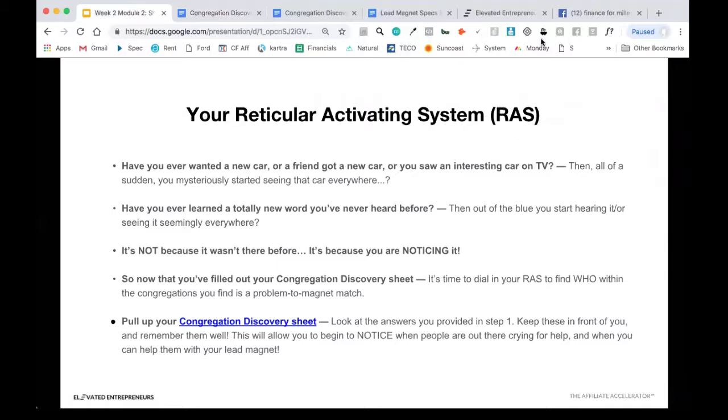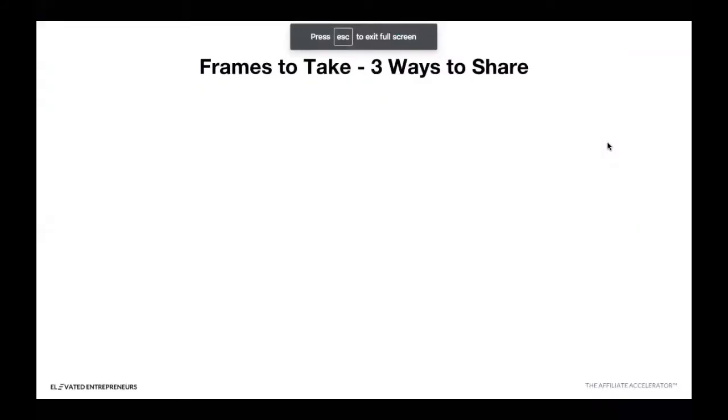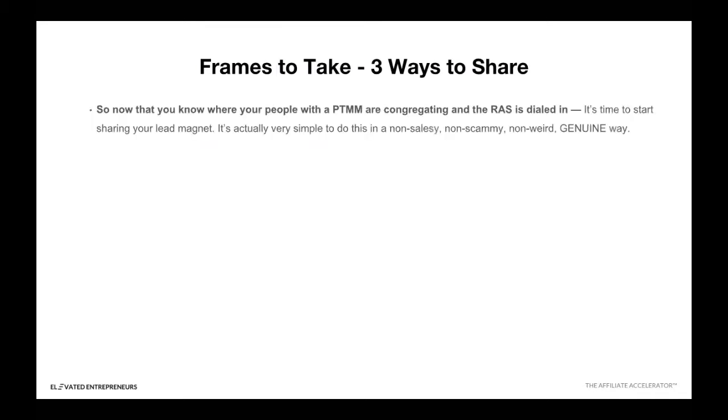We'll probably finish here around 8:30 Eastern time, so in about 20-something minutes. That'll be the goal. All right, so pull up that sheet, right? Take a look and make sure you know what to really look for. So now that you know what to look for, there's really 3 ways to share this opportunity with somebody. Now that you know where your people with a product or a problem to match your magnet are,